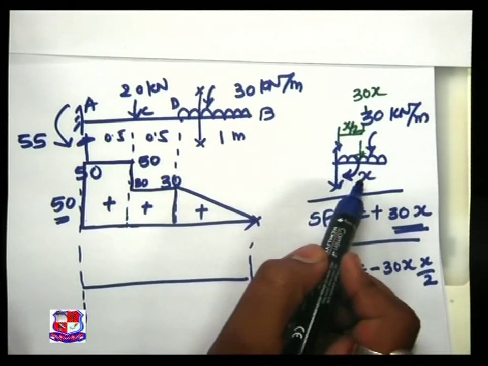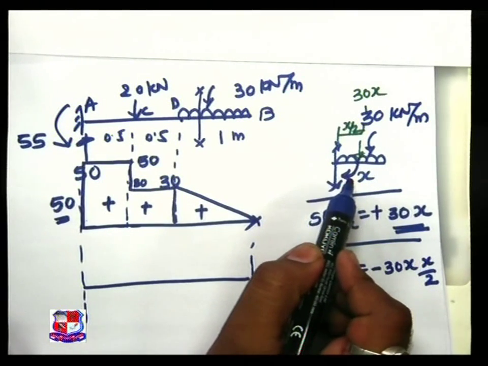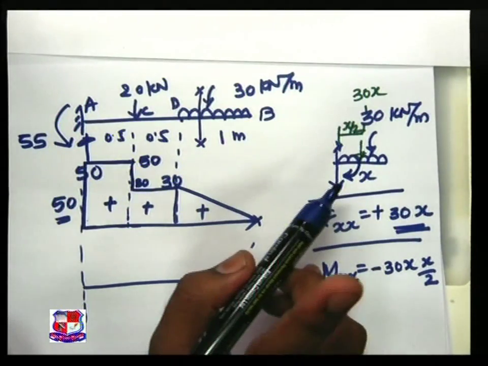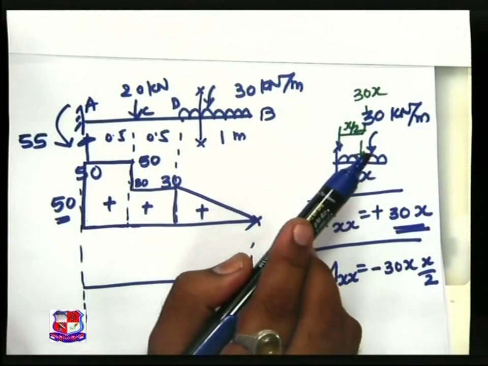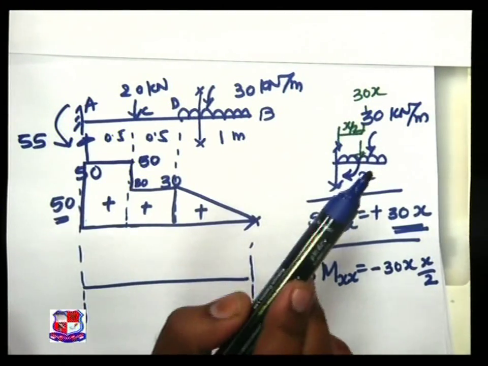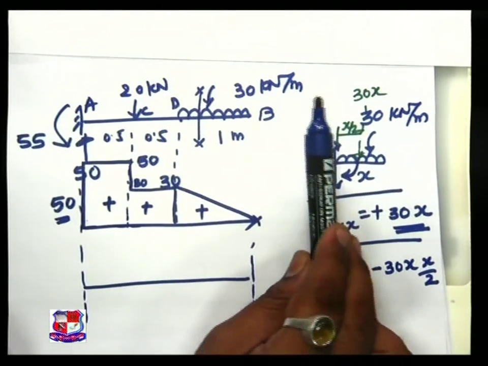Even though this moment is clockwise, we are taking it as negative, the reason being that this is a clockwise moment, obviously, but for bending moment the sign convention for this clockwise, which is of section